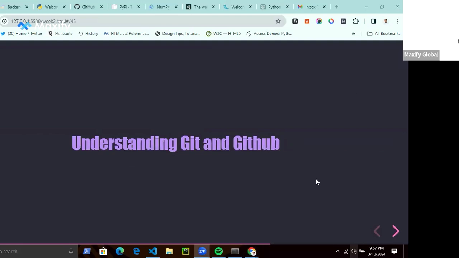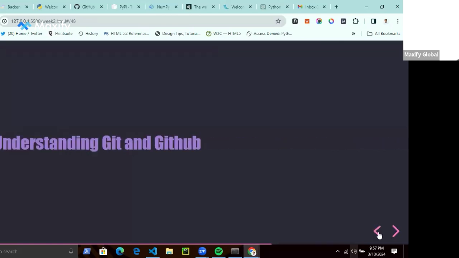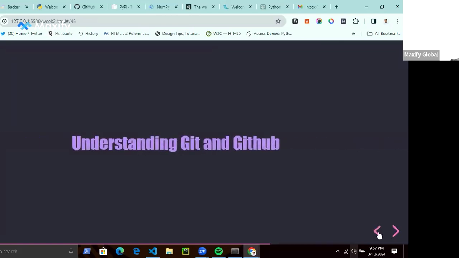This is just going to be a brief run through because it's very easy. Some of us already have an understanding of Git and GitHub. So Git is just a command line tool that will help us with version control in several different ways. It's just a tool that helps us to keep track of our changes whenever we write code.